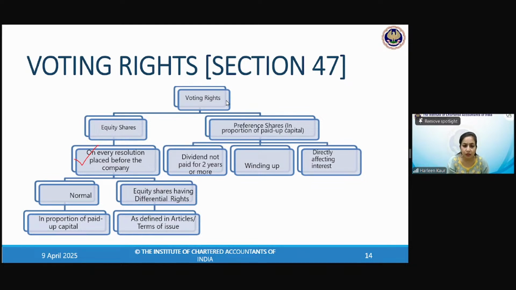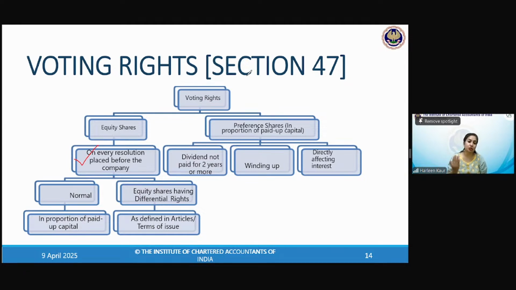Now, Mr. Harsh Shrestha has gone to share prospectus. Yes, what are you asking? Ma'am, I have a doubt: is share prospectus filing with ROC mandatory or does it apply only in some cases? So, share prospectus specifically, we did that SEBI notified companies have to comply with it. Accordingly, you will file it with the ROC. Okay. Now, let's stay in share capital and debentures. Don't go here and there, all right? So that your focus is here and you can learn it, and we have to complete the syllabus on time. Okay, children? So let's come back to the topic, voting rights.